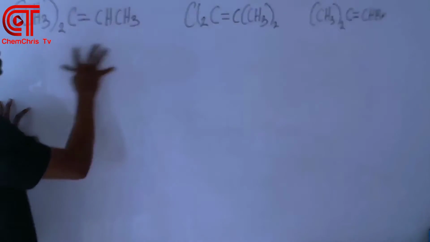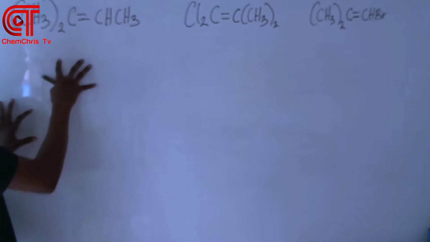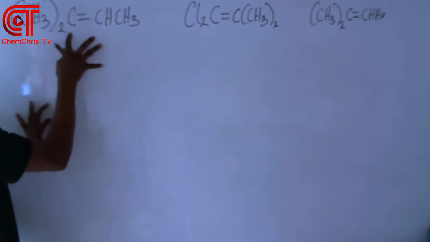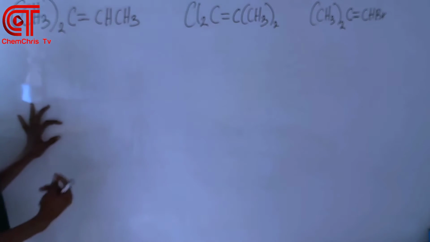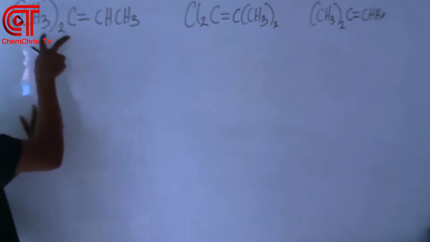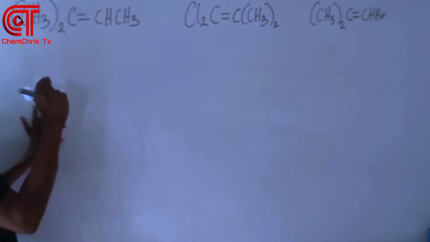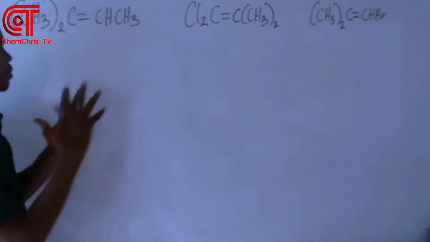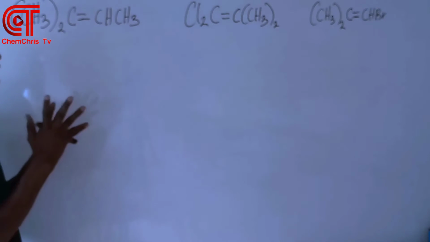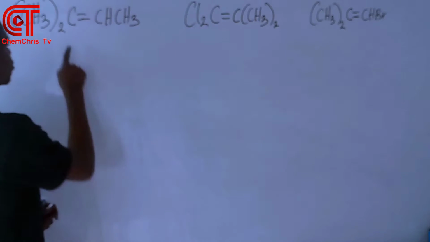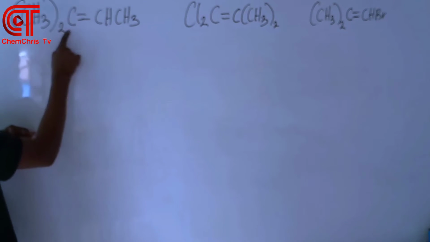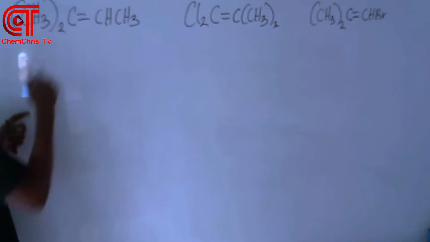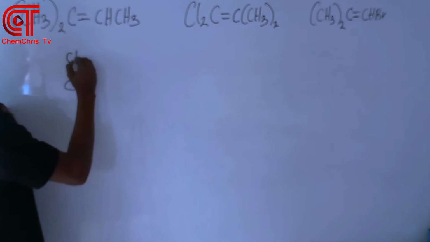Now these are things you are going to see in the exam. These are patterns and ways you are going to see questions in the exam. If you are asked to give the nomenclature of this compound here, how do you go about it? First and foremost, what you want to understand is that this one is given in condensed structure. Now you have to express it in the full display structure, so that you know how the atoms are connected. So when you look at something like this here, this carbon atom here is carrying 2 methyl groups. That's why this methyl group is 2. It shows that this carbon atom here is having CH3,